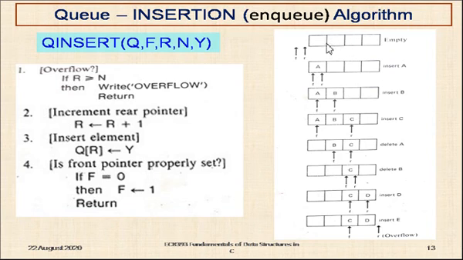So it's a typical example. That's why I have taken this first. If in this case f is equal to 0, is it not? So we have to adjust the pointer from location 0 to 1. Fine. So now both the pointers are locating the first element A. Now you assume some other condition of the queue and check the flow of the queue insert algorithm on the linear queue.